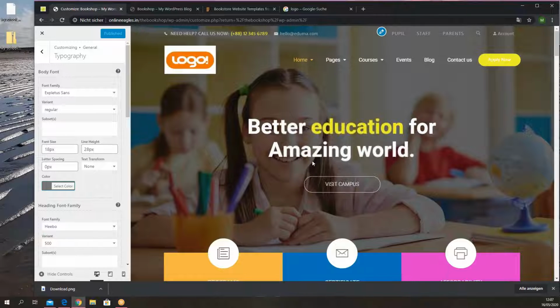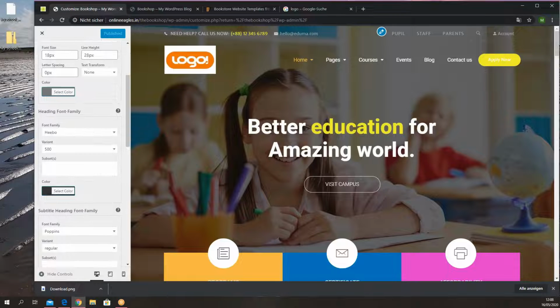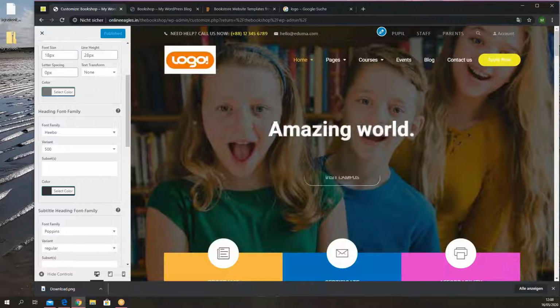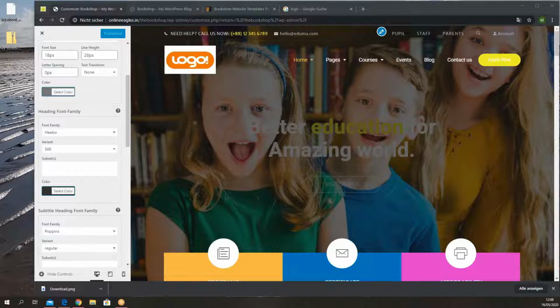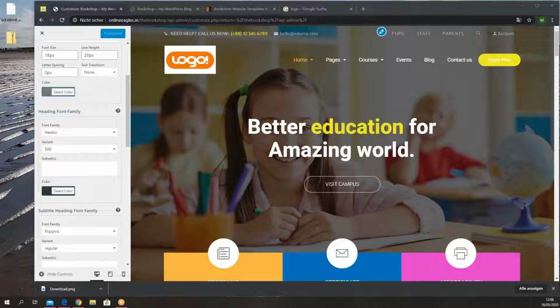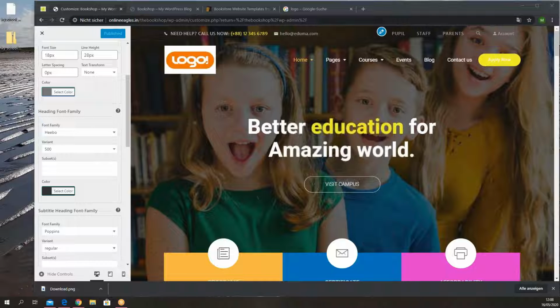So typography is font family, like other colors and all, you won't change it. What I suggest is, unless and until it's really required, we can keep the default color, because we have chosen this as per our visualization, the theme. So we have to just change a few things like the color combination, color of the font, or the background color, if required, if you think that your visualization is good, you can change it and then